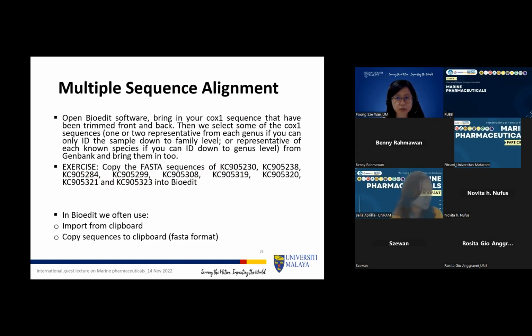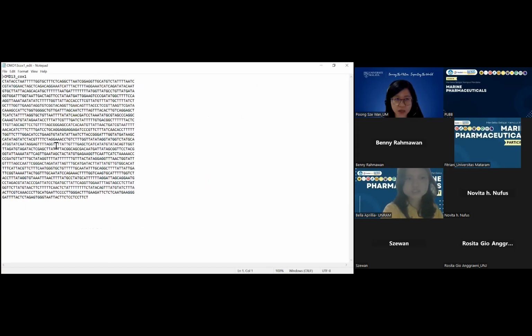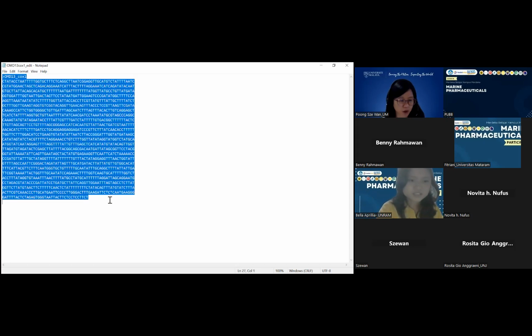Okay, so last week I have my OMD13. This is the sequence that I have from last week. I told you that I already trimmed off the front part and the back part where it has the primer sequence. I don't want that. I don't want the noisy sequence. And I have also given it the name OMD13 COX-1. So what I do now is I'm going to copy this,